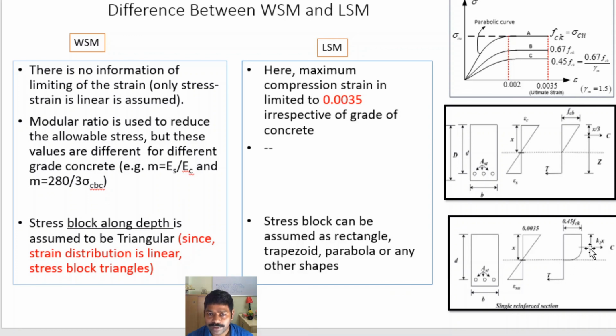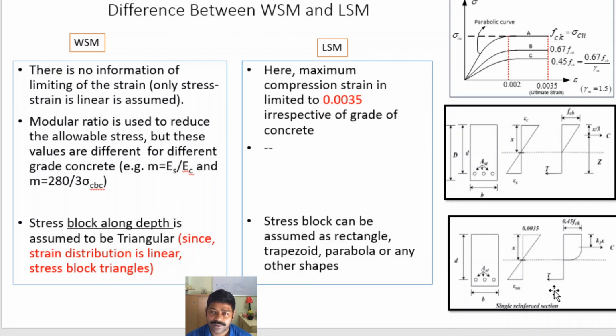Basically, this C force and the tensile force must be the same for equilibrium. Whether you consider the working stress method or the limit state method, for equilibrium, whatever load you are applying, there will be some moment. That moment must be balanced by C and T, the compressive force and the tensile force acting in the beam. We'll solve one example problem. At that time it will be clear how you calculate all these parameters and how you go about the design. So these are the basic things in the ultimate load method, limit state method, and the working stress method.